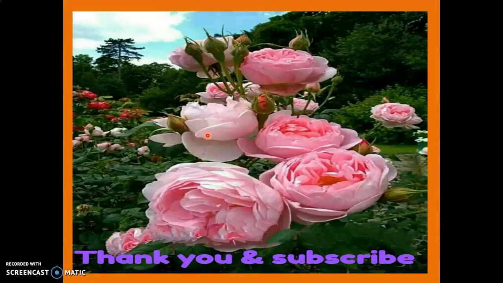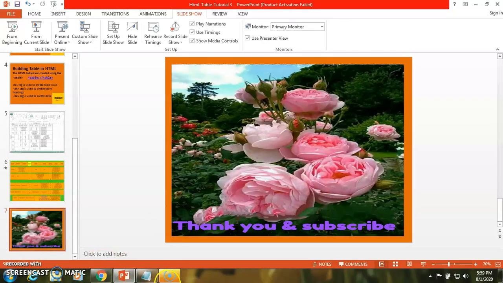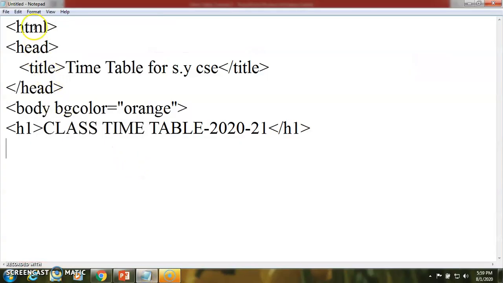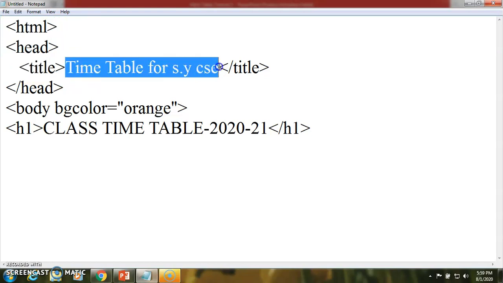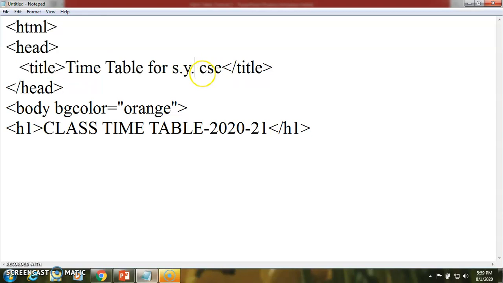So let us switch to the programming, where we are adding the coding part. This is the first root tag, HTML, then head, then we have a title. This title is going to display on the title bar of the page, and the body tag is used whenever we want to add a particular background to that page.